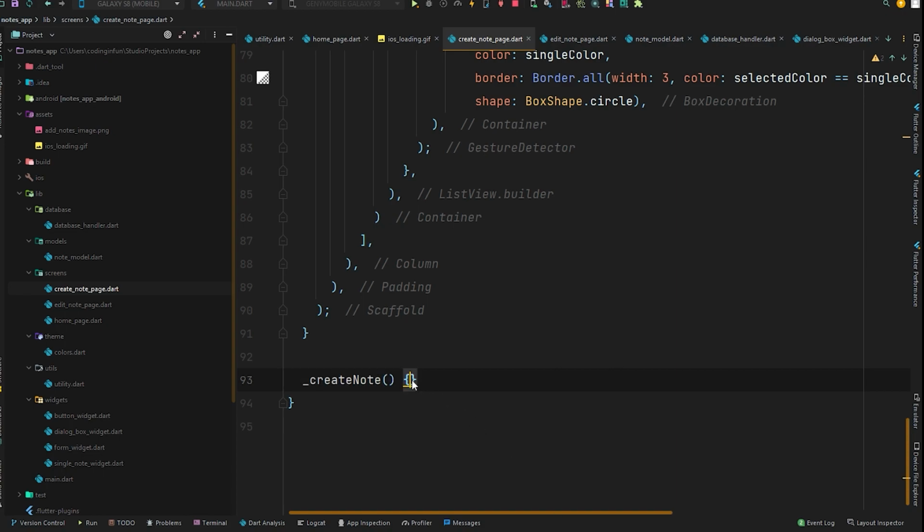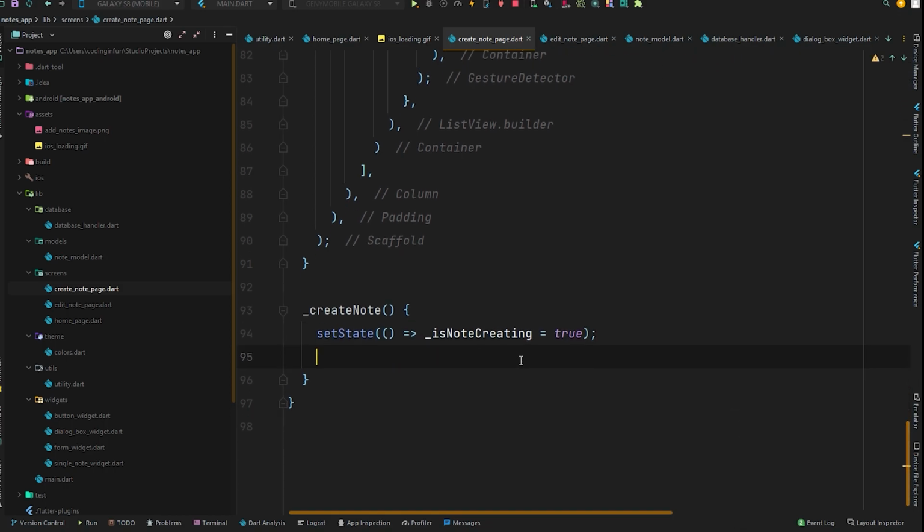And in the body, first of all, we will set the state variable isNotCreating to true. Whenever this create method is called, we will set the state variable isNotCreating to true, like now when the node is creating. According to this we will manage the circular indicator, but for now let's wait for it and complete this method. So next thing in the create method, we will do Future.delayed with a duration of 100 milliseconds, and in the body,